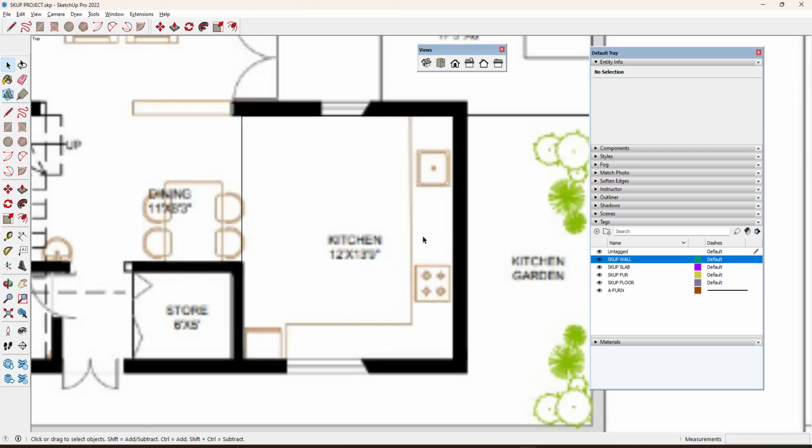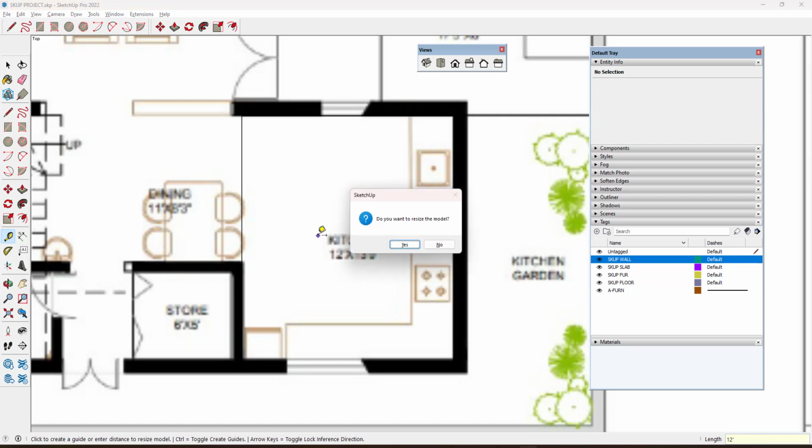Next, I just want to measure the distance between the two lines. For that, go to the dimension option, click the first and second corner. So this is now 8 feet something, but I want to scale this up to equal 12 feet. For that, you can go with the tape measure tool and then click the first point. Before clicking the second point, press Ctrl and then click the second point. Now in the measurement we have the length, that is 8 feet. You have to type the new length which you want, that is 12 feet, and enter.